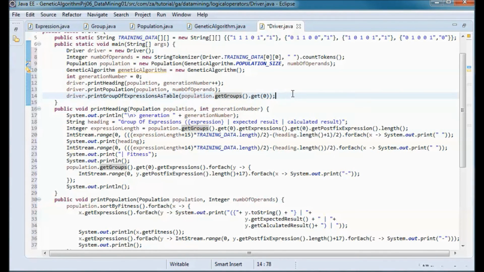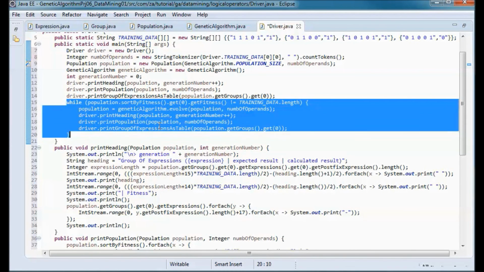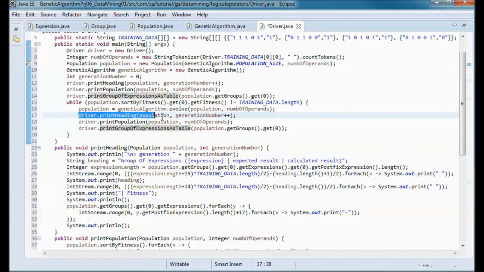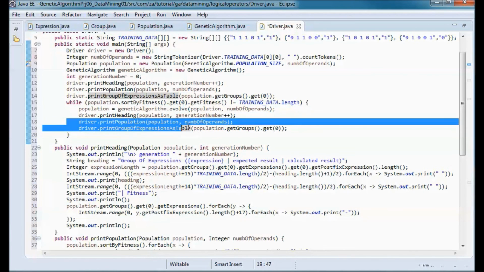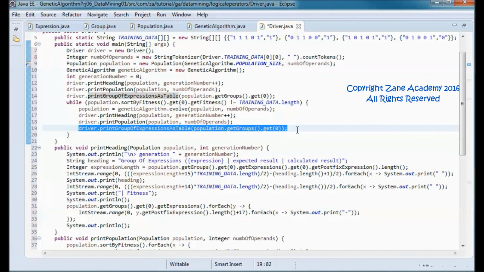And this code will go through the remaining generations and print the heading, the population, and the group of expressions for each generation.